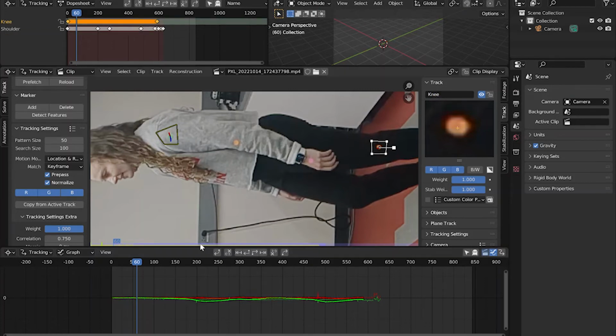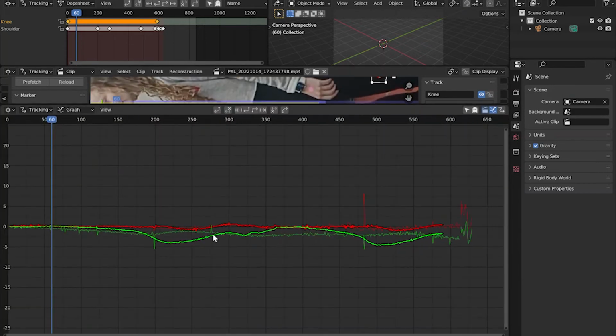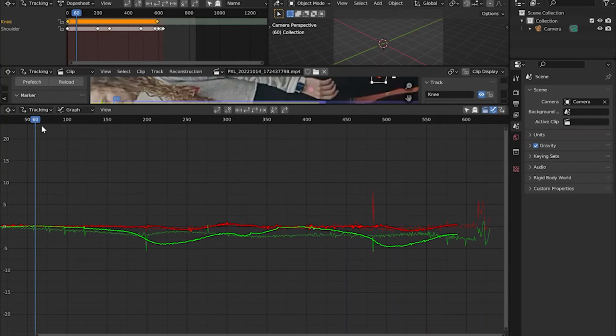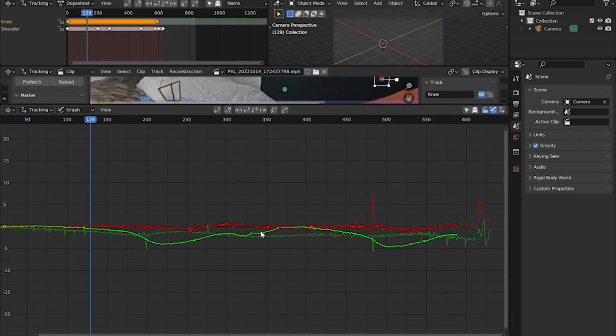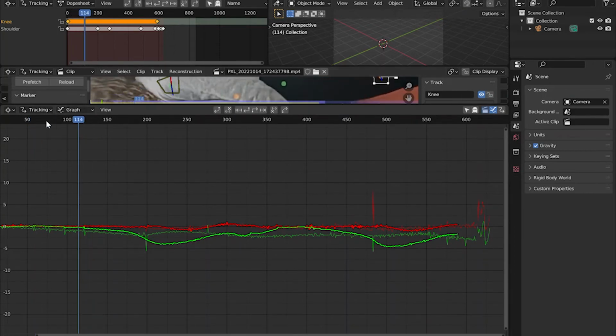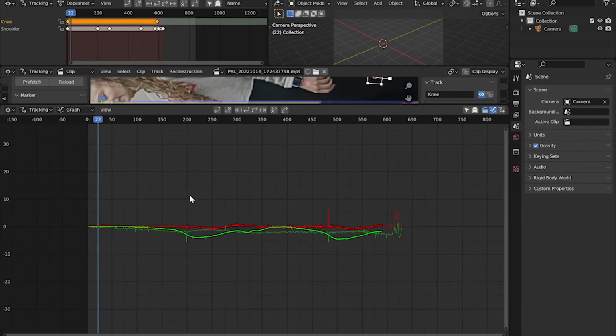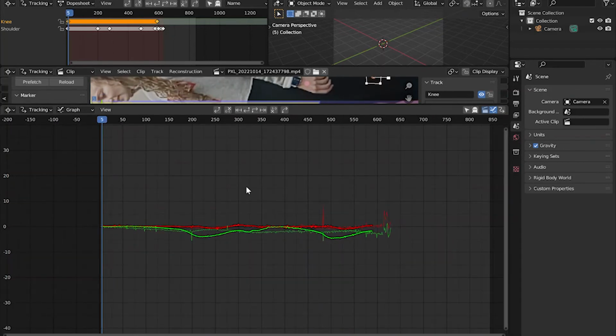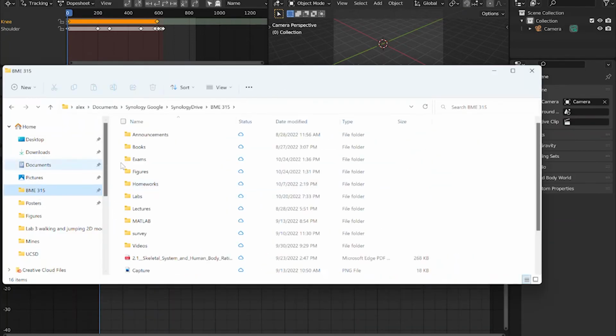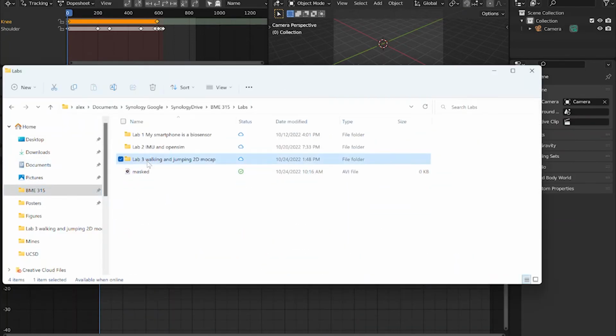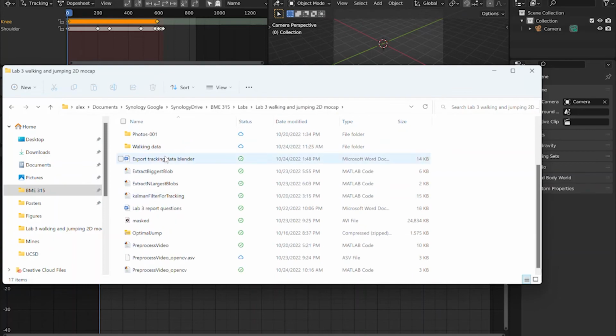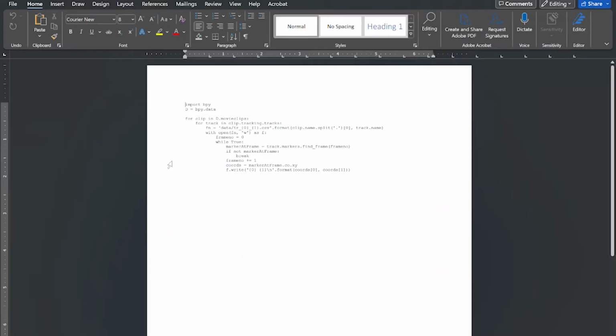So now we want to try to export this track. We made these X and Y coordinates over time for our track, and we want to export that into an Excel file, right? So in our downloads folder for the BME class, there should be a Word document that says export tracking data from Blender. We're going to copy this code